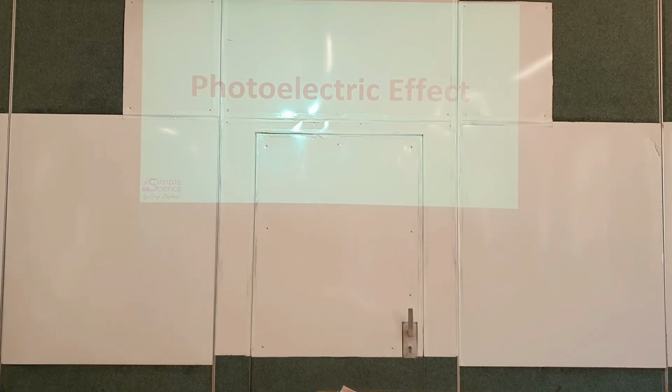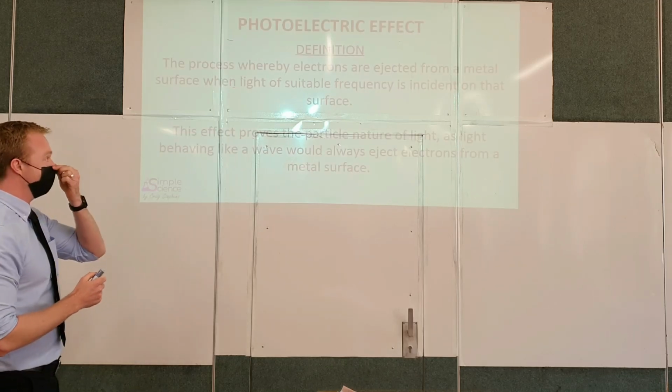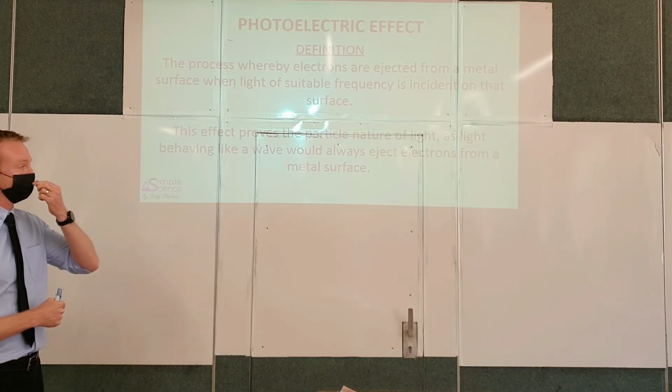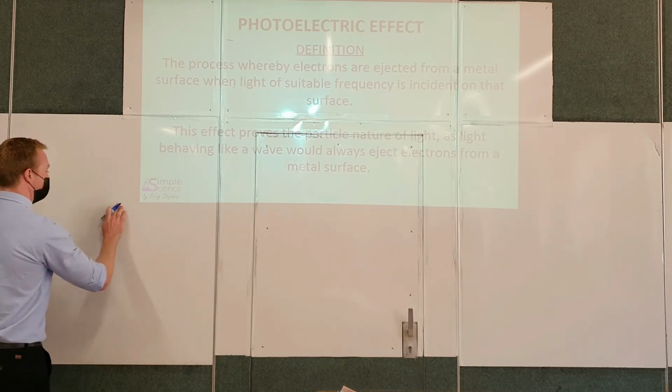So the definition for our photoelectric effect is given here. The process whereby electrons are ejected from a metal surface when light of suitable frequency is incident upon that surface. So what this is about is we know that